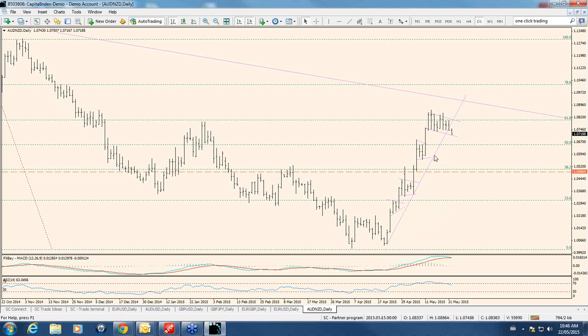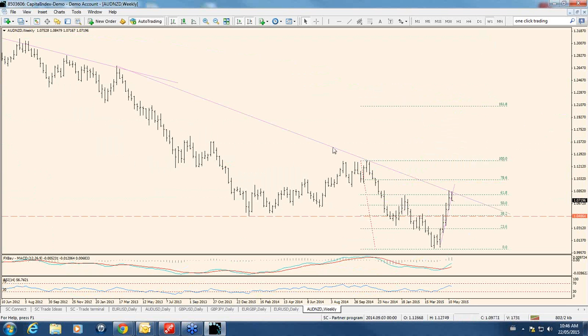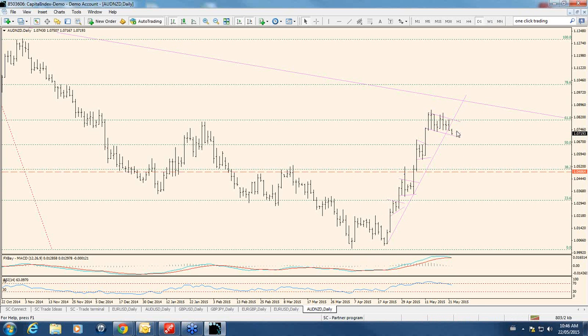However, this trend line has been broken. And because we've got this Fibonacci level in here that the price stopped at 3 times, then I would be a little cautious. I would wait and see what happens if the price comes back, and we've got this longer term trend line here that the price has come back to. So I would wait and see if the price goes like this, and then